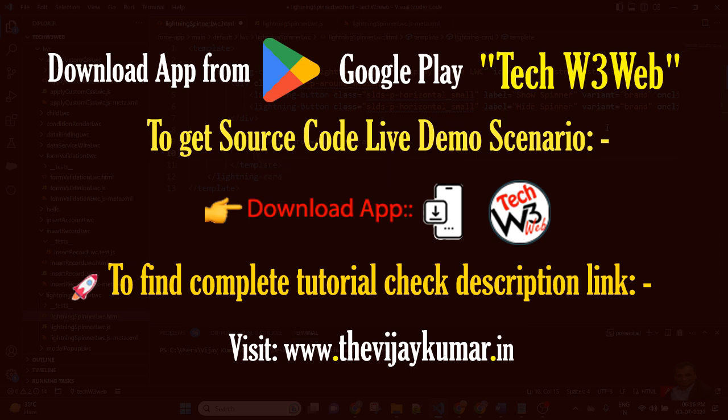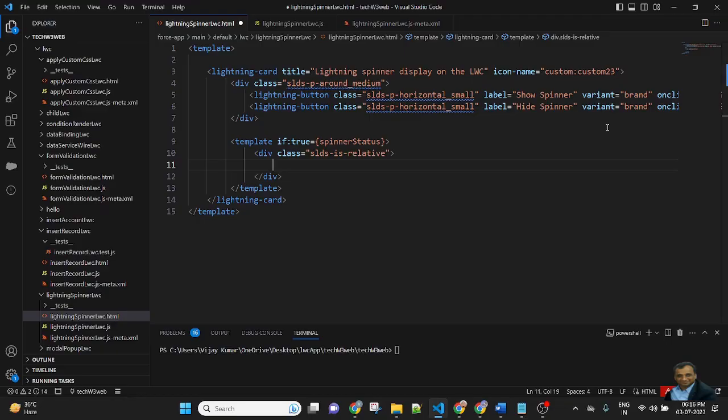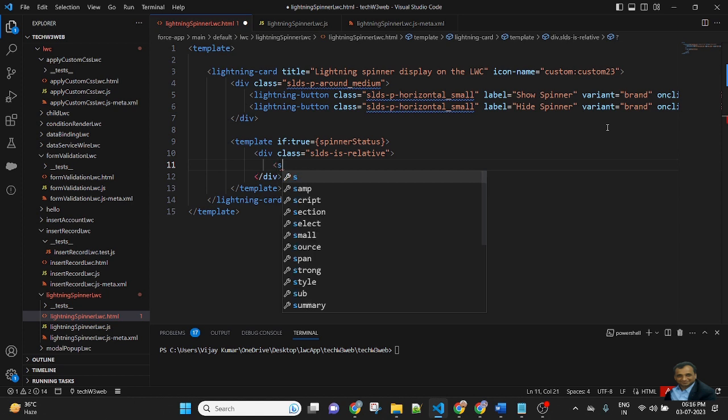So use a div and add a class slds-is-relative. Inside the div use a section.